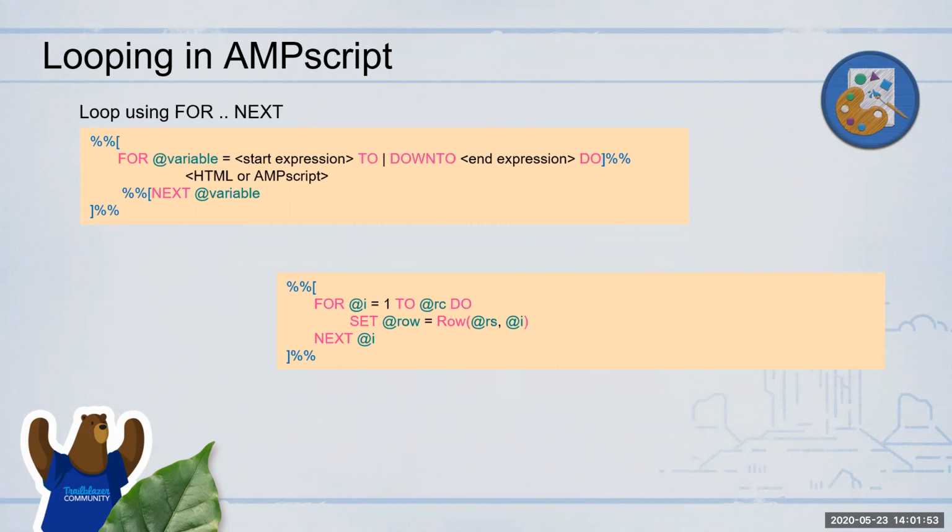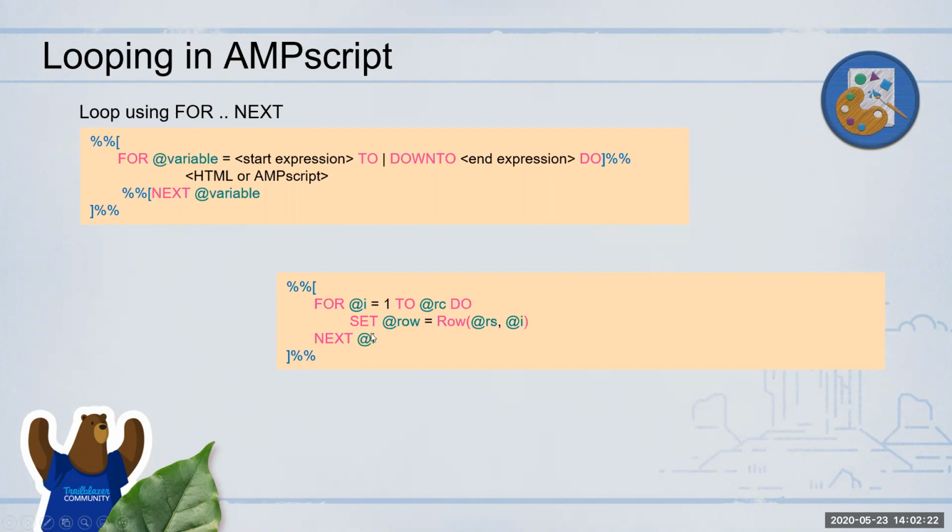In a for loop, you will just say for a particular variable, and usually it will be a counter, right? So it will be for I is equal to 1 to 10, or 1 to a particular variable, etc. If you want to do down counting, from 10 to 1, you can do down to also. Then with the end expression, whatever HTML content, or if you have AMPscript also, you can continue doing AMPscript over there, and then it should end with next and that variable